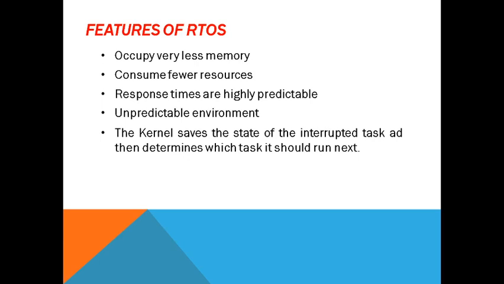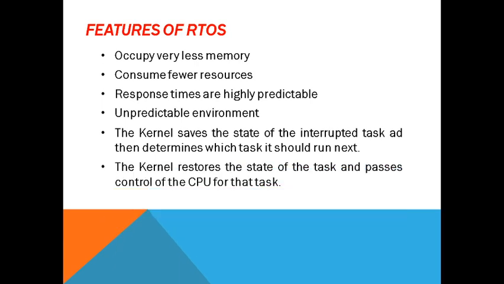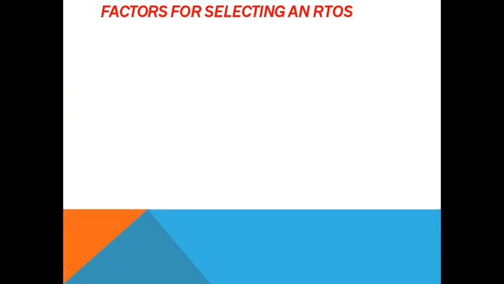Then the kernel saves the state of the interrupted task and determines which task it should run next. The kernel restores the state of the task and passes control of the CPU to that task. This means there is no requirement of middleware or extra layers. We can skip those layers and a system call can directly